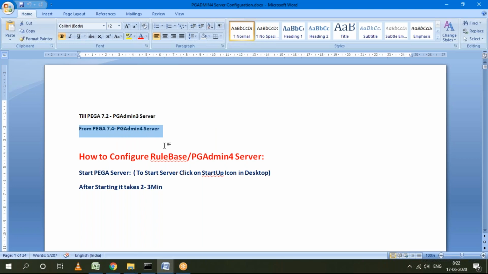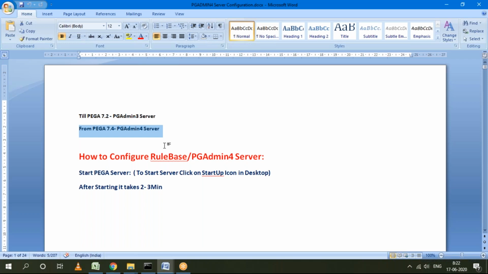From the 7.4 version till now, the server we are using is the pgAdmin 4 server. The purpose of this is, anything we create in the application, in the Pega PRPs, everything will be connected in this rule base. What is rule base and all? Don't worry, today I'm not discussing more points and I don't want to confuse the new ones who joined today. So I'm showing only the rule base setup. What the rule base and the rule base tables are, I'll discuss in coming classes. But if you want to see the rule base tables in your application, we have to configure this setup. So don't ask what rule base tables are today.